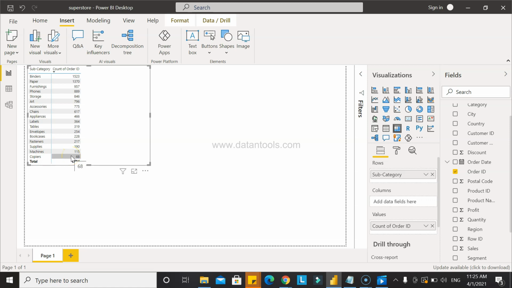As you can see, the counting of values gives you a lot of insights into your data, such as what your top three categories are in which you are getting the orders, or what your last three categories are. So that's something very, very useful.